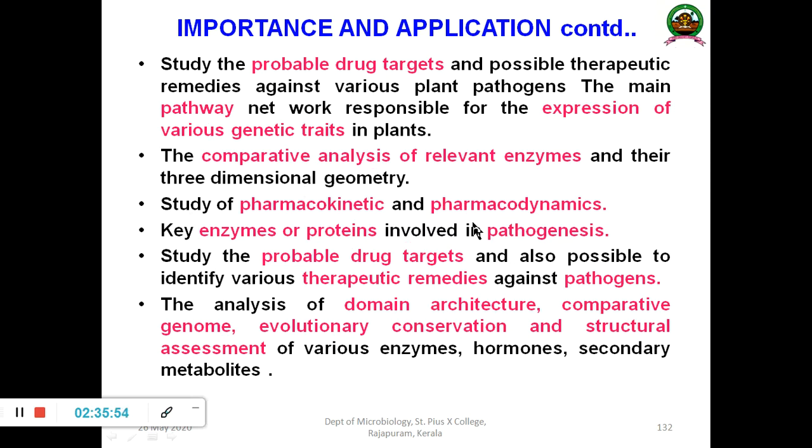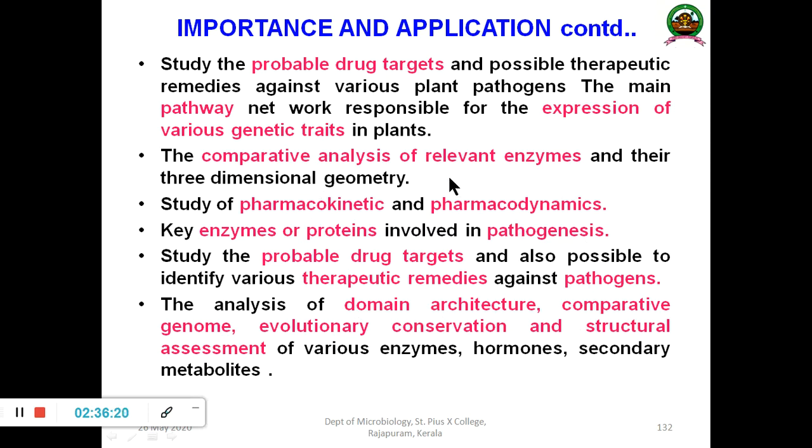So drug discovery now, currently, all the initial part we can do by computational biology, making the molecule the best screened molecule with ideal drug likeness, bioavailability, and all those things. Similarly, we can identify novel probable drug targets, novel domain architecture, comparative genome analysis, and the evolutionary basis of